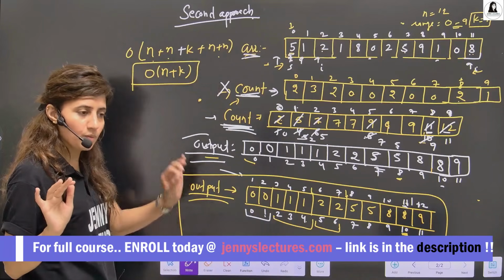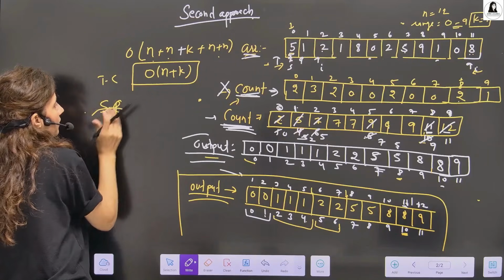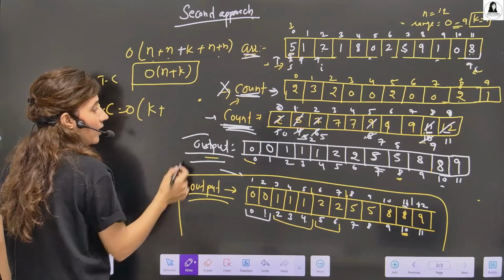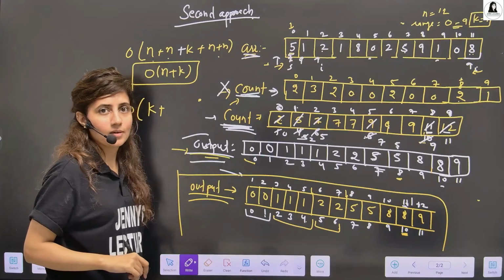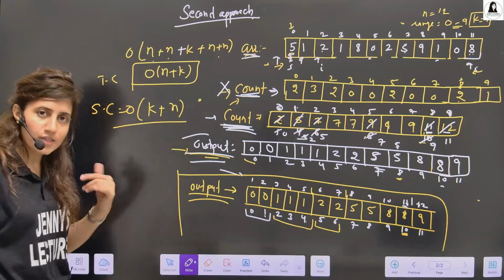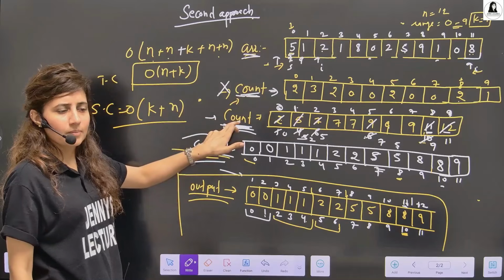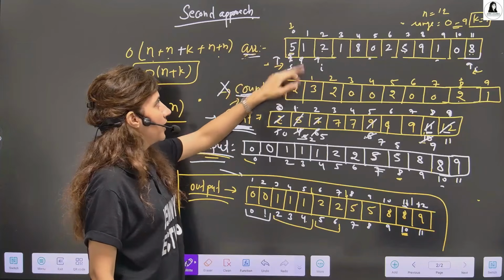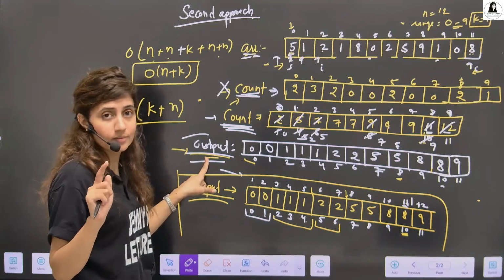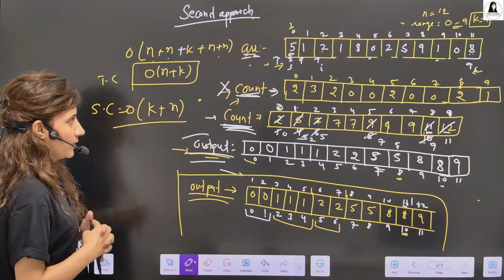Same time complexity. Space complexity in this case is different, because we are taking first the extra count array, that is k, plus an extra output array as well. The output array is the same as the length of this array, so n. So space is also n plus k in this case. In the previous case, we were taking only the count array, because to sort this, we updated the array itself. But here we need to take a separate output array. We can't update the same array. So that's space and time complexity.